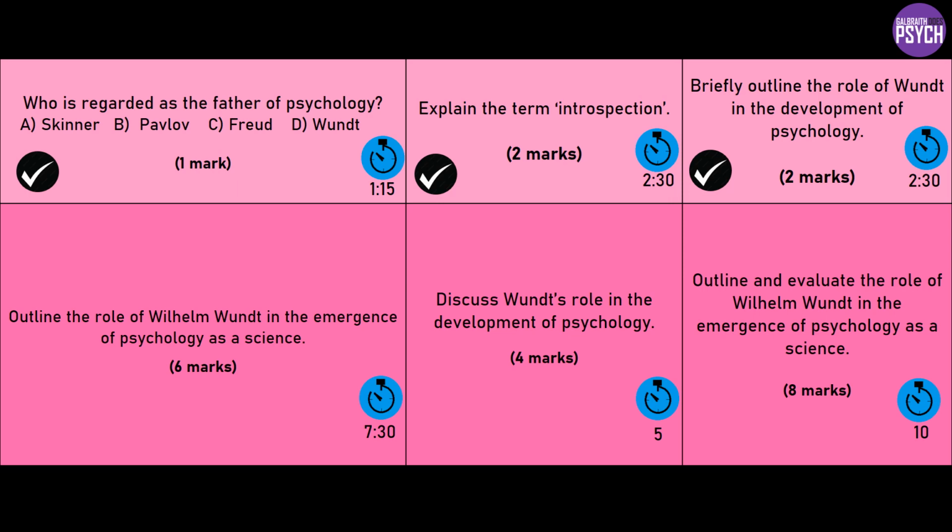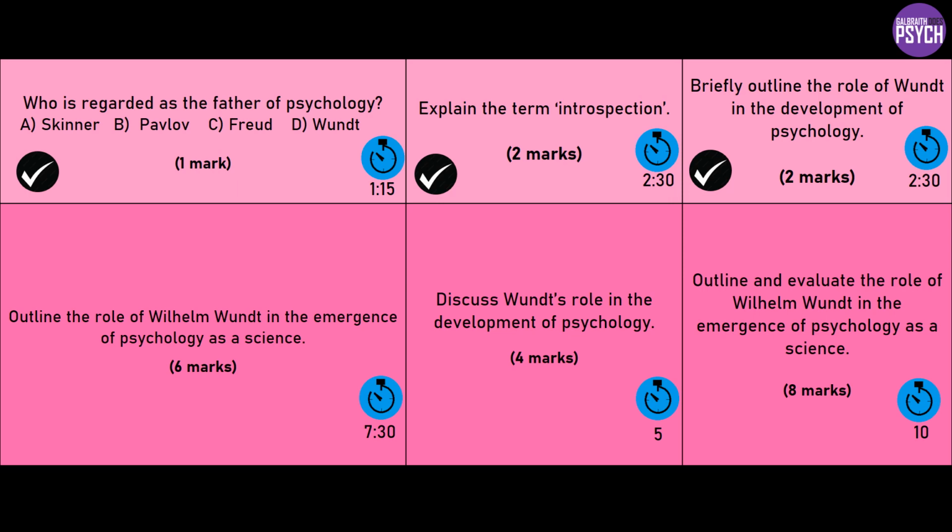Right, on to a bigger question. It's the same really, other than it's 6 marks. Slightly different focus here because it's about not just psychology generally, but the emergence of psychology as a science. So what we need to do here in talking about what Wundt did is link it into how that's scientific. So Wundt set up the first experimental psychology lab. Okay, well, therefore he's pioneered the role of the experimental method in psychology, or he's introduced controlled experimental methods into psychology. Yeah, that's the science link, isn't it?